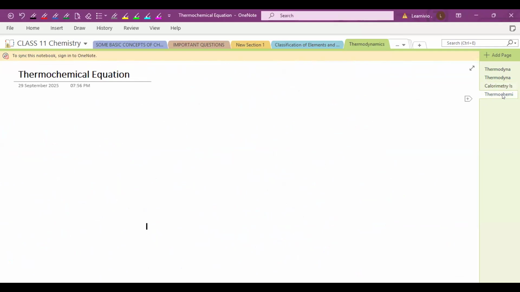Okay, next is your thermochemical equation. Now write down what is a thermochemical equation. A thermochemical equation is a balanced chemical equation that gives the information about the heat change during the reaction. During the reaction, how much heat has been evolved or absorbed. So that's the thermochemical equation. So write down, it's a balanced chemical equation